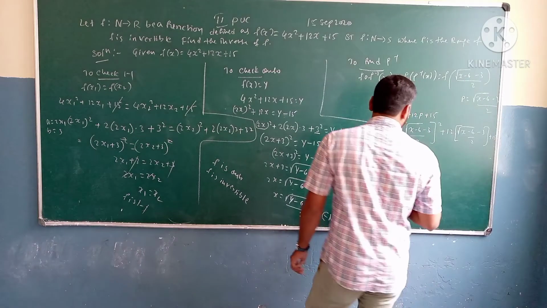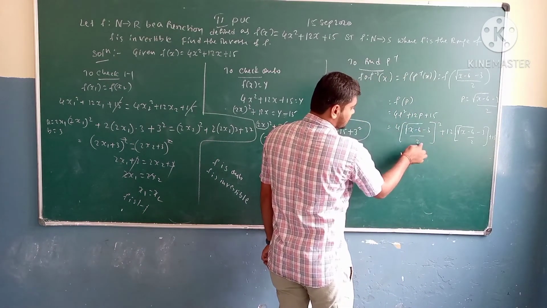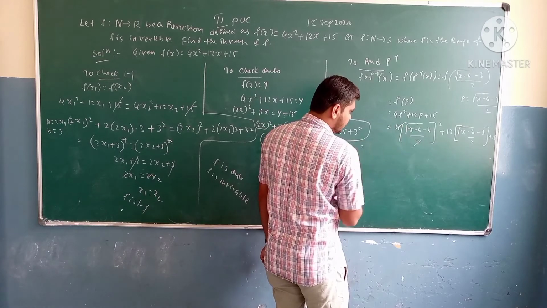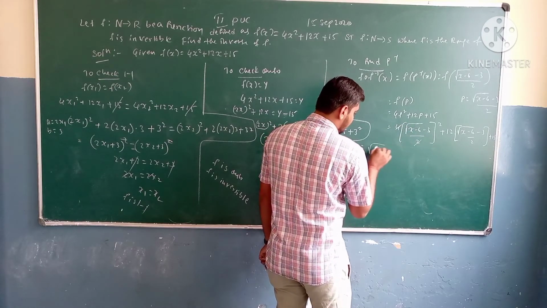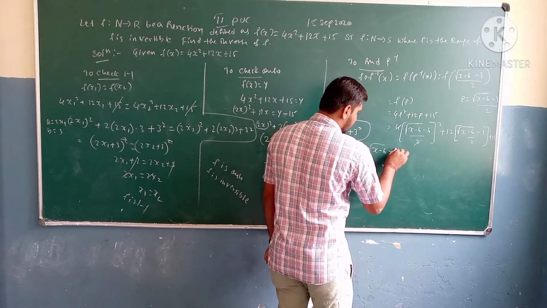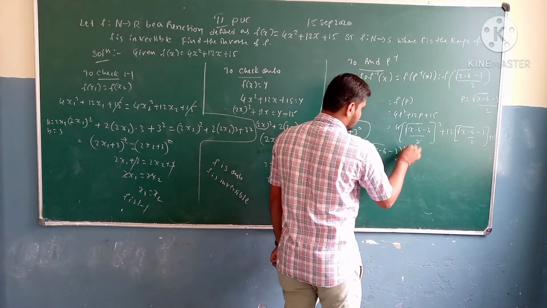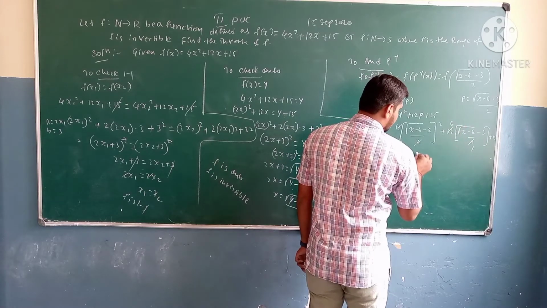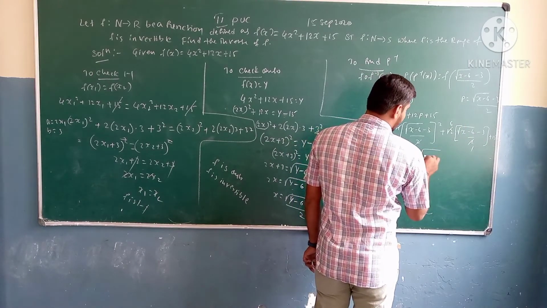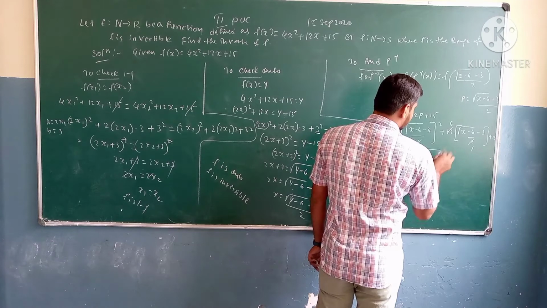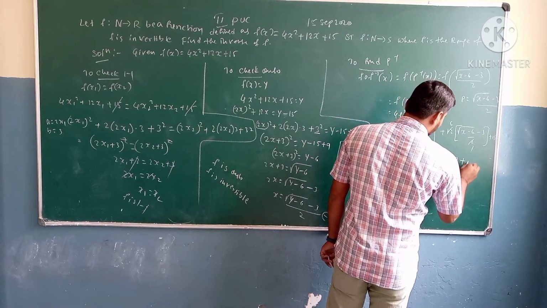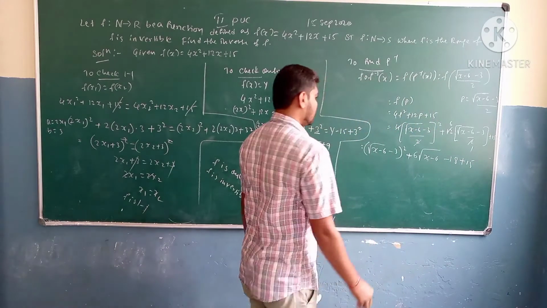So here, 2 square is going to be 4, so this one is going to cancel each other. So the remaining thing is root of x minus 6 minus 3 whole square, plus here 12 by 2 is 6, so there is going to be 6 into root of x minus 6. So here 6 into minus 3 is going to be minus 18, plus 15.